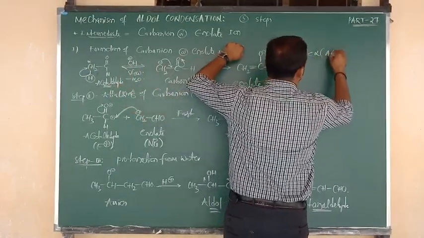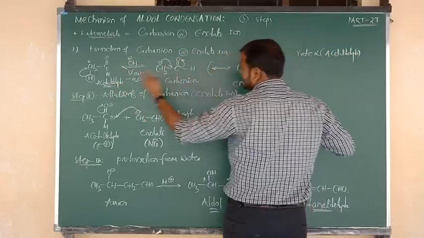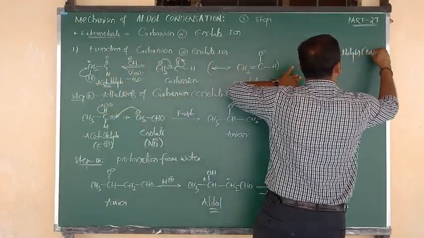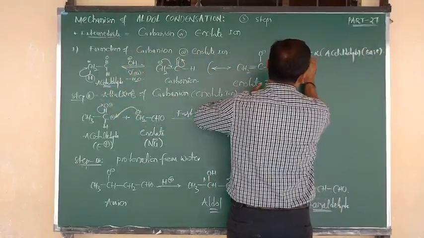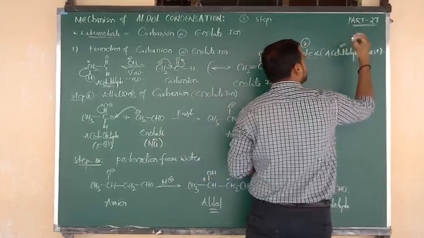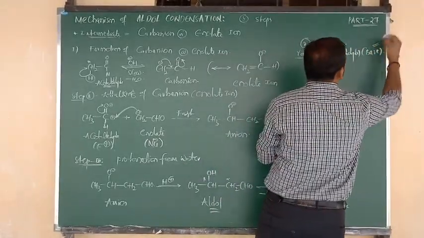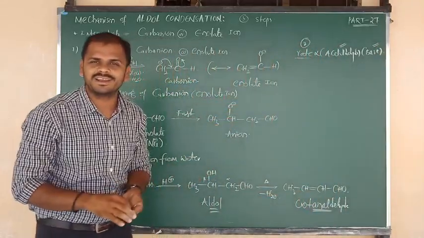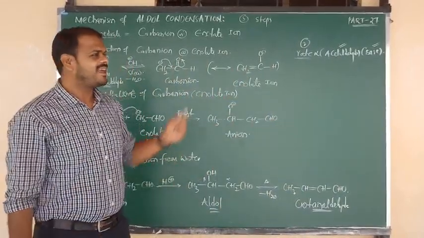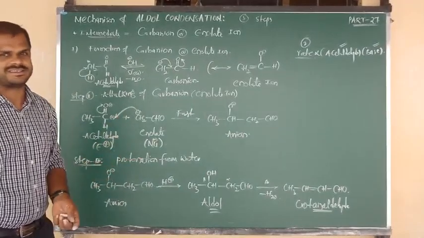Rate depends upon the slow step, but in the slow step 2 molecules are involved, one is the acetaldehyde. So rate is directly proportional to the concentration of acetaldehyde. Otherwise you can take acetone also, no problem. But one more is fixed, that is the base. Which base? Dilute bases. So in aldol condensation, rate depends upon the concentration of aldehyde or ketone having alpha hydrogen atom, and also is directly proportional to the concentration of base. So it is a second order reaction, bimolecular reaction. Like that you have to decide what factors the rate depends upon.